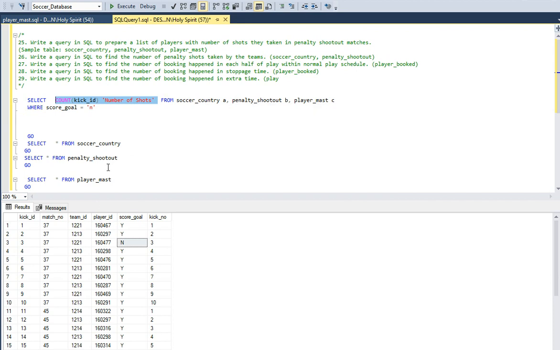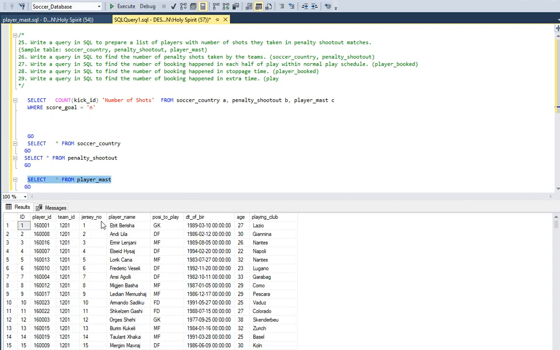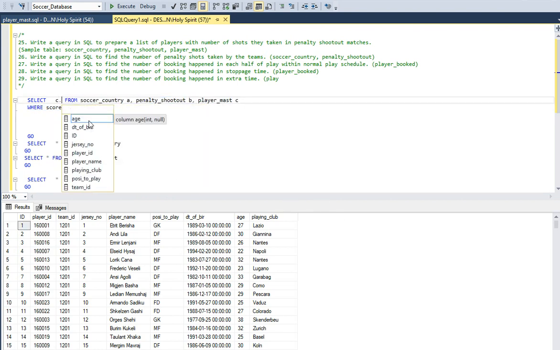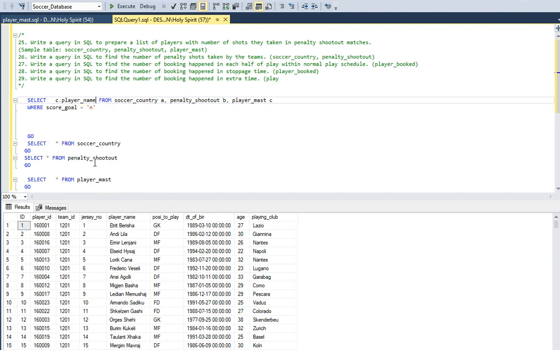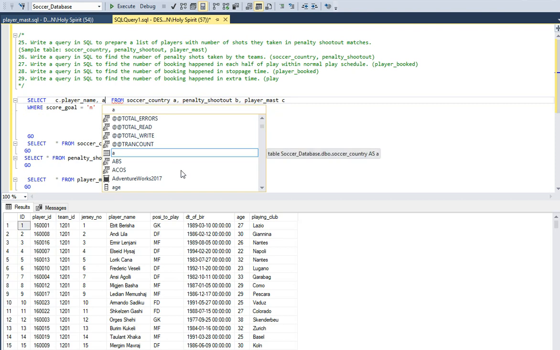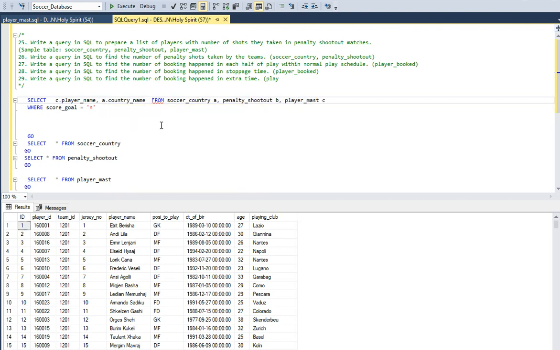The name of the person is in player must, isn't it? Player name here. So C dot player name. When we type C dot, it comes automatically. And his country, soccer country, which is A dot country name, and